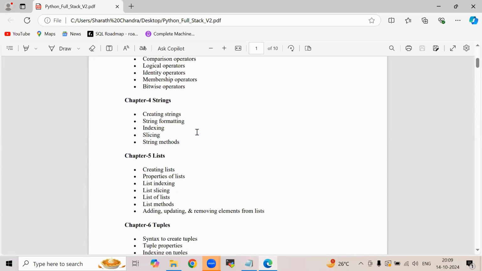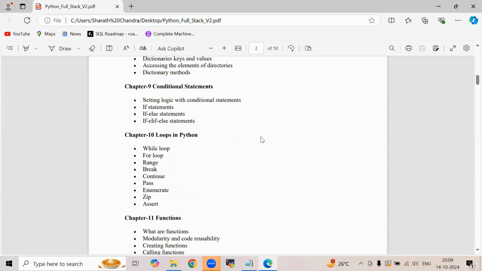If I'm clear, we'll proceed to the Python installation. Any doubts in the syllabus? Please type S in the inbox, everyone. If you do have any doubts, you can ask me. If you don't have any doubts, we can go to Python installation, so please type S in the inbox so that we will go. Soumya, Venkateshananda, Priyanka.